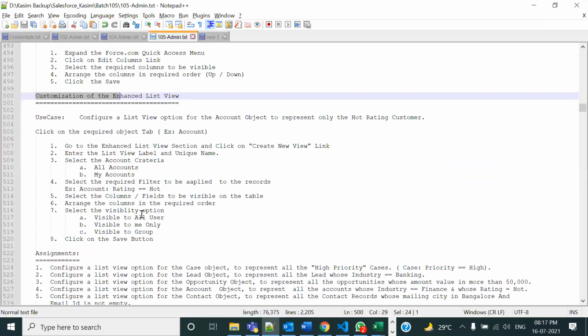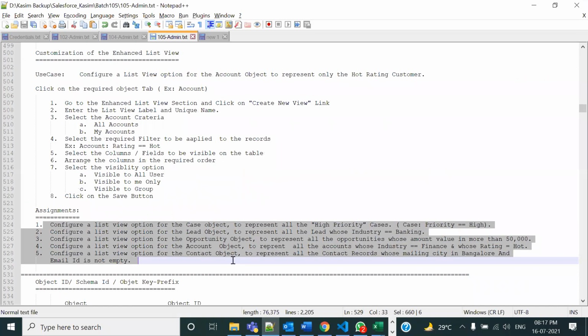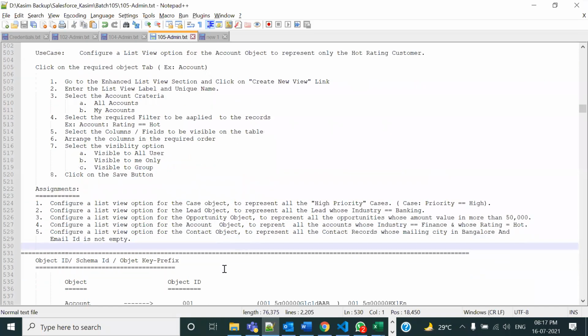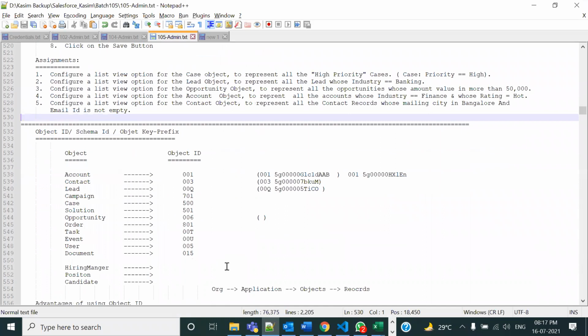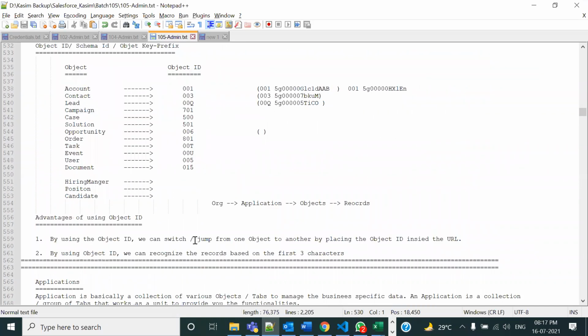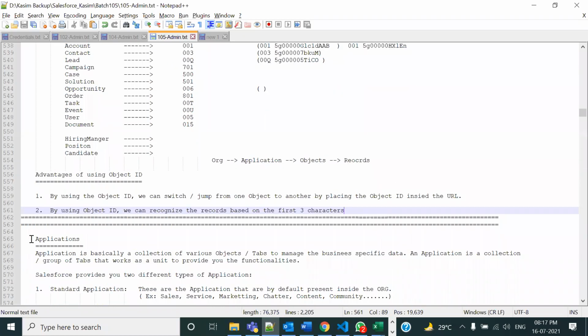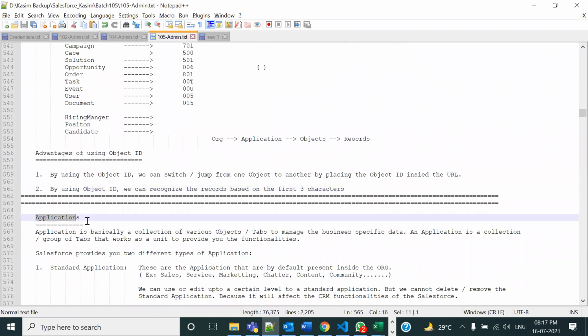अब I have given you few examples related to this. आपको कुछ examples मैंने दे रखे हैं इसके ऊपर में जो आपको solve करने हैं. उसके बाद मैं एक दूसरा टॉपिक अभी स्टार्ट कर रहा हूँ. व्हाट इज द ऑब्जेक्ट आईडी एंड व्हाट इज द एडवांटेजेस ऑफ ऑब्जेक्ट आईडी. And from this we are going to finish today's lecture. Tomorrow will be Saturday, कल तो नहीं रहेगा, but from the Monday I am going to start how to